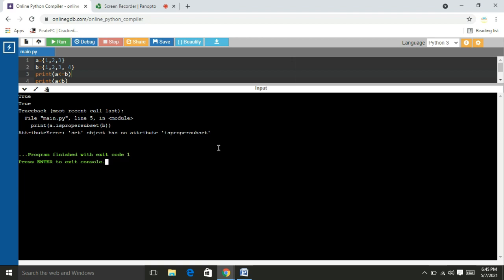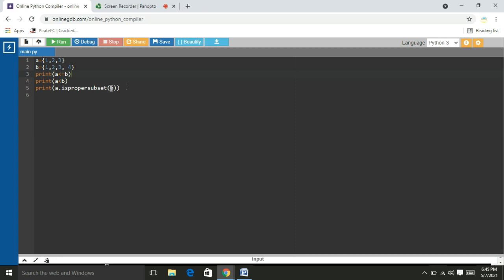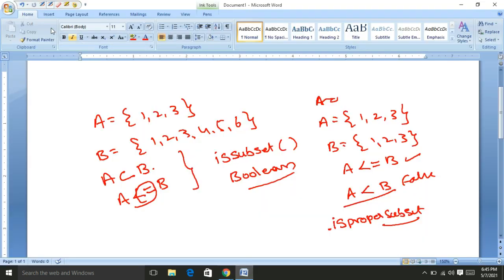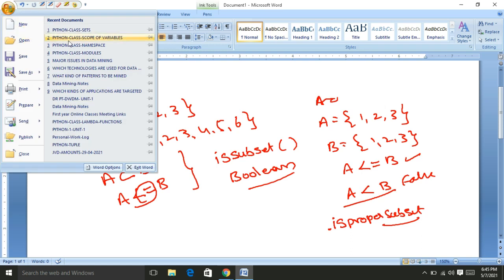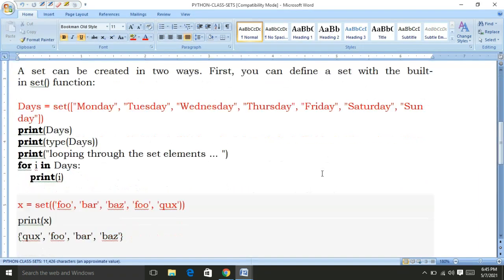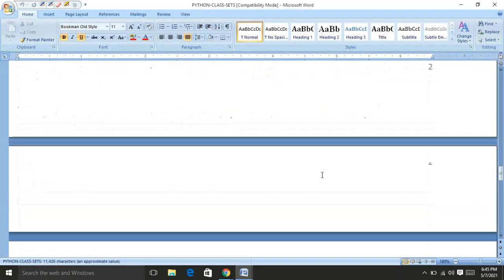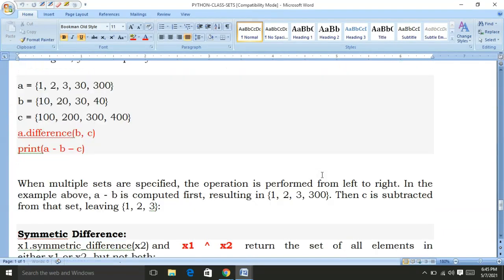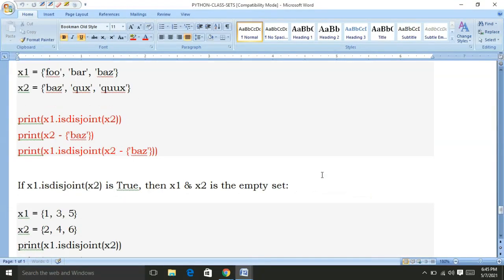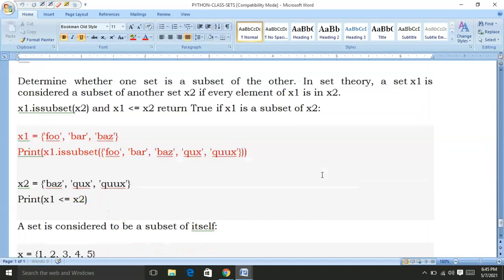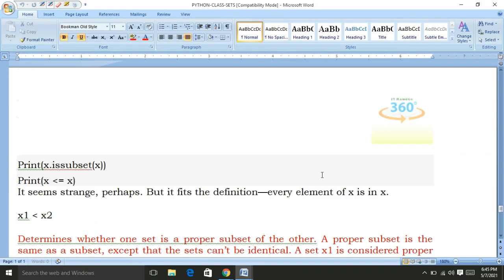So some error is there. Sorry, I will discard this operation. Please wait, I will check this one with my materials. Don't worry. This is the symmetric difference, subset is subset, right? That's it.